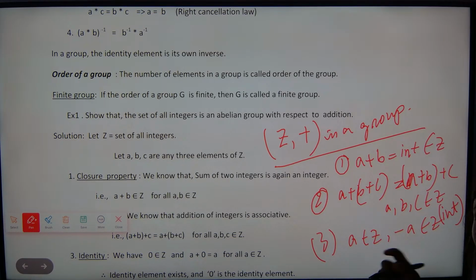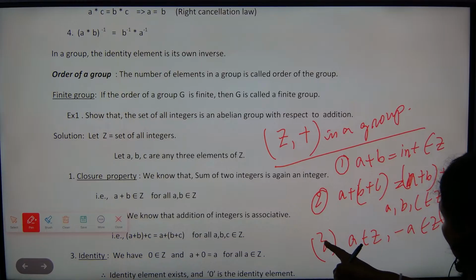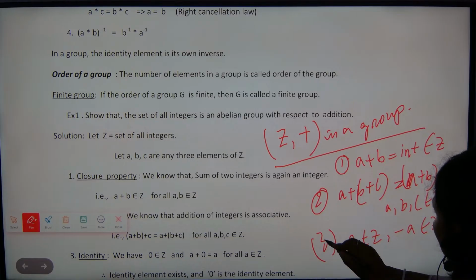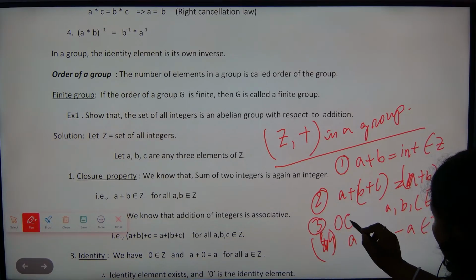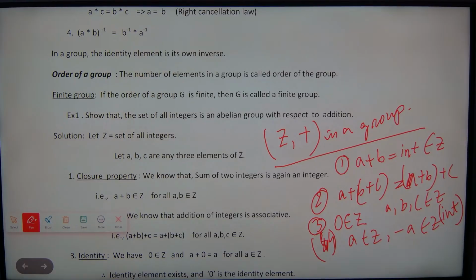Integer 2, minus 2, 3, minus 3, like that. এটা অ্যাকচুয়ালি ফোর্থে চলে যাবে। থার্ডটা কি আসবে? আইডেন্টিটি। 0 belongs to Z, তো আইডেন্টিটি। ঠিক আছে, আইডেন্টিটি আছে মানে ইনভার্স থাকবে, A আর minus A।